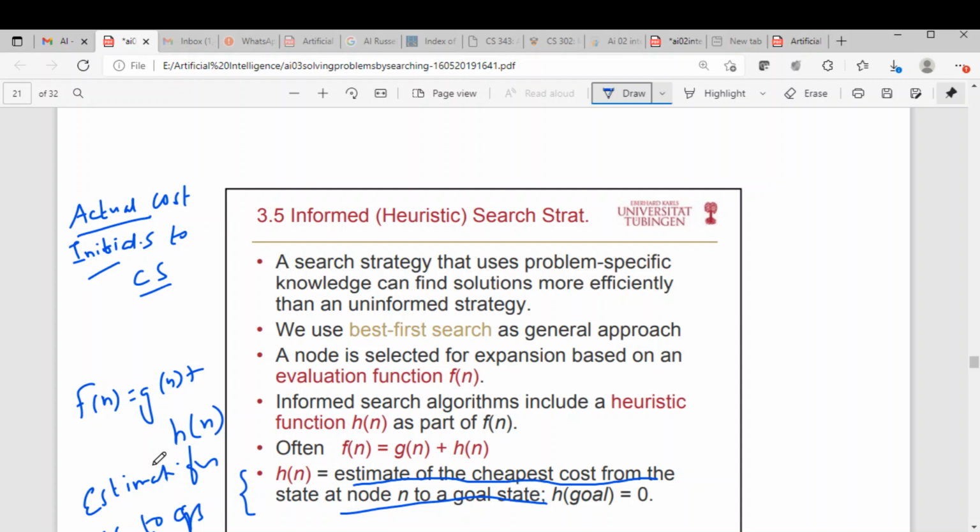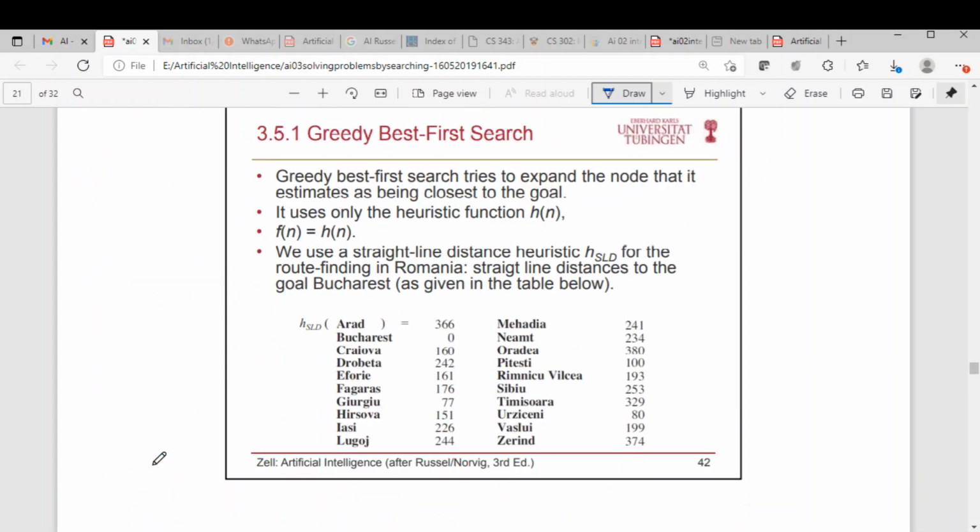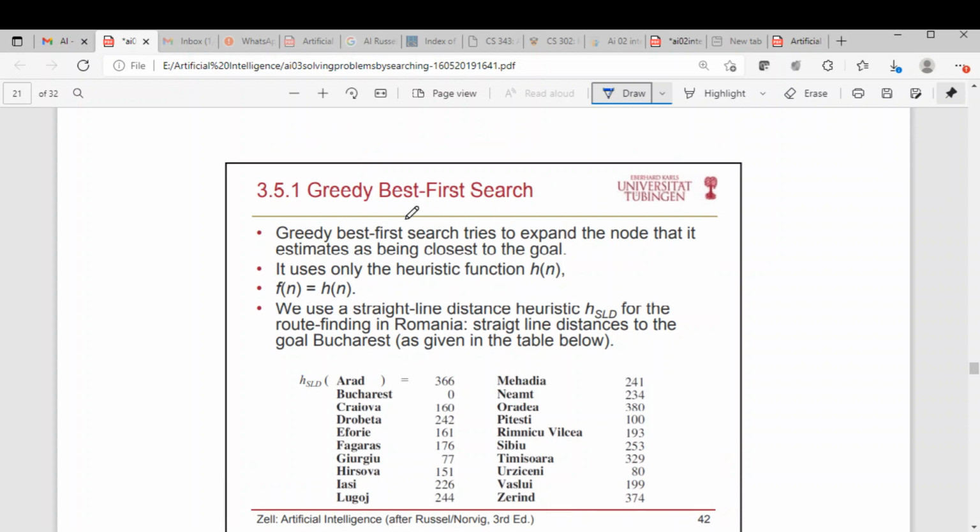Let us hold on here, and we will come back to this discussion later when we discuss a special algorithm which is called the A-star algorithm. But before that, we will discuss a simple algorithm which is called the greedy best first search algorithm. Let us start with this algorithm because it is much simpler. It comes under a class of algorithms called greedy algorithms, so we call it the greedy best first algorithm.